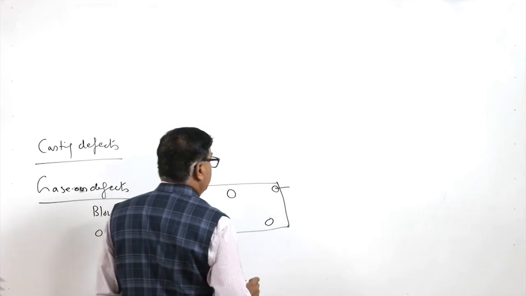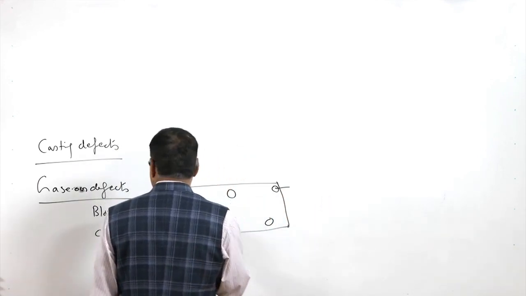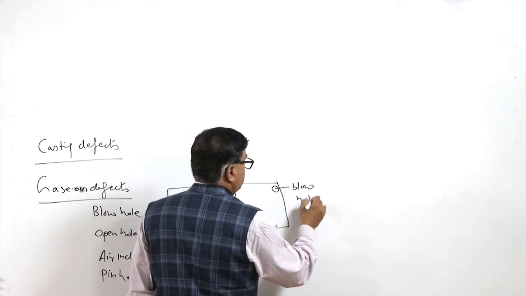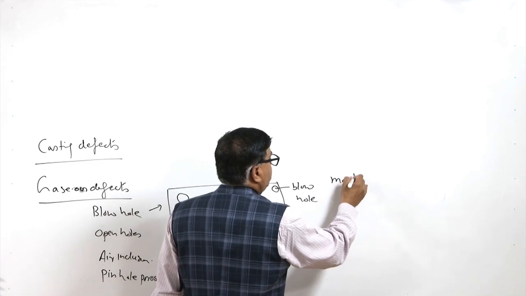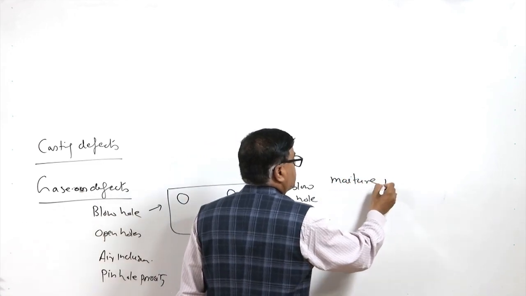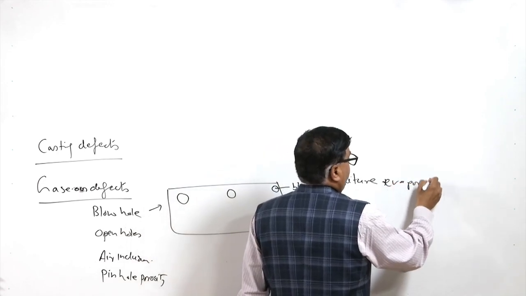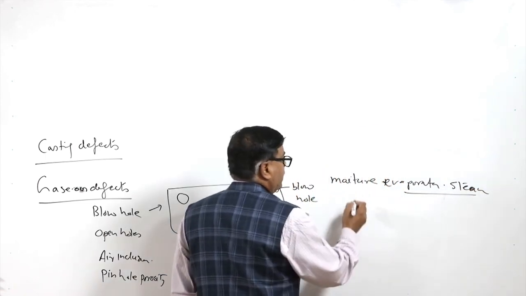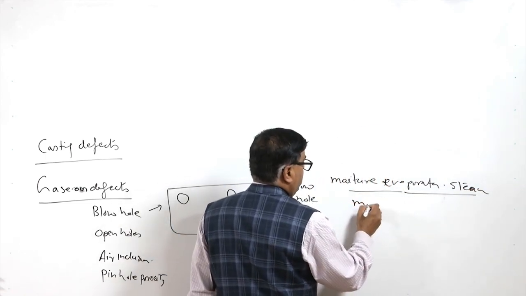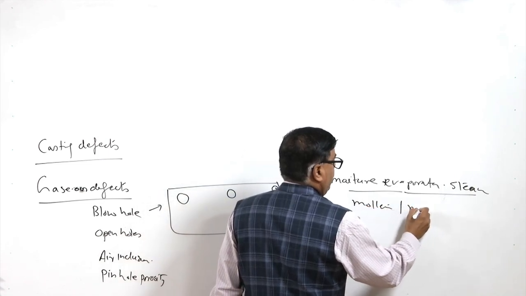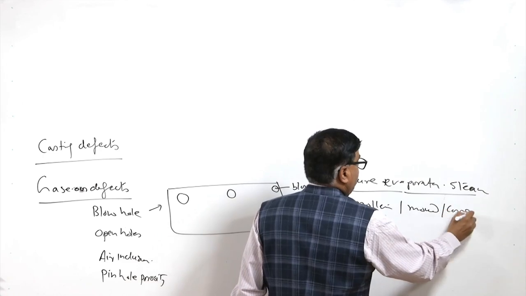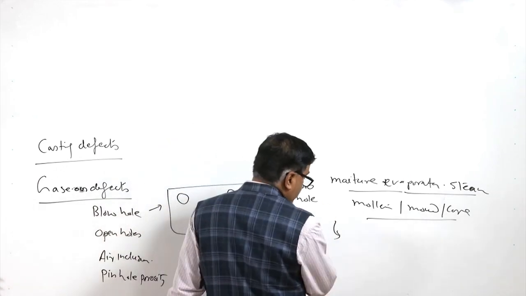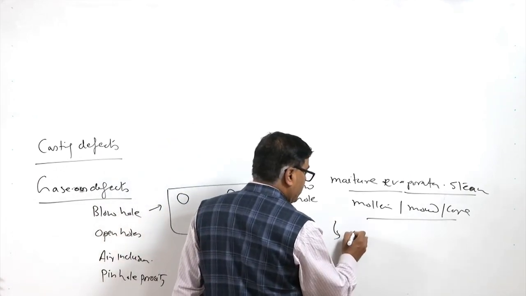Blowholes are primarily caused by the evaporation of moisture generating steam, and the steam generated due to the molten metal, mold and core interaction